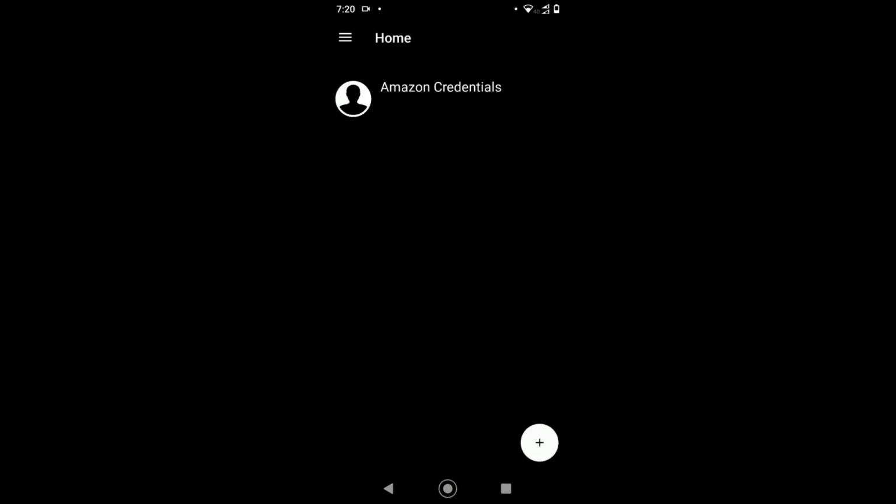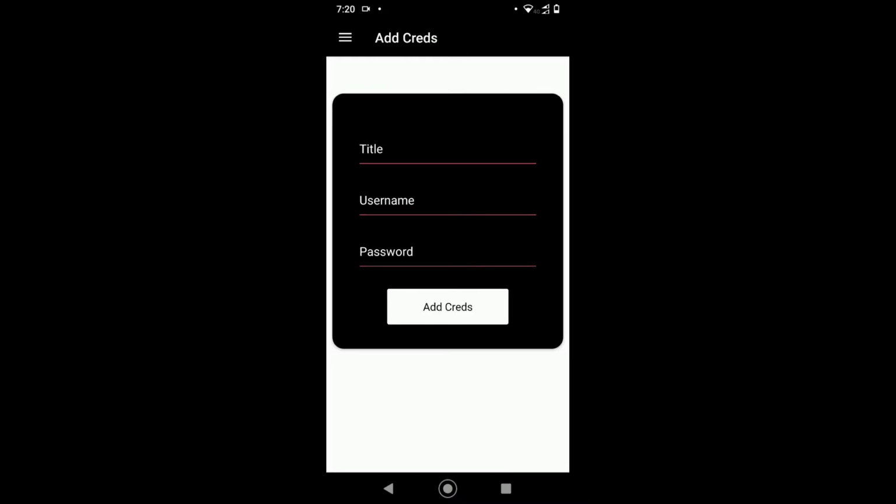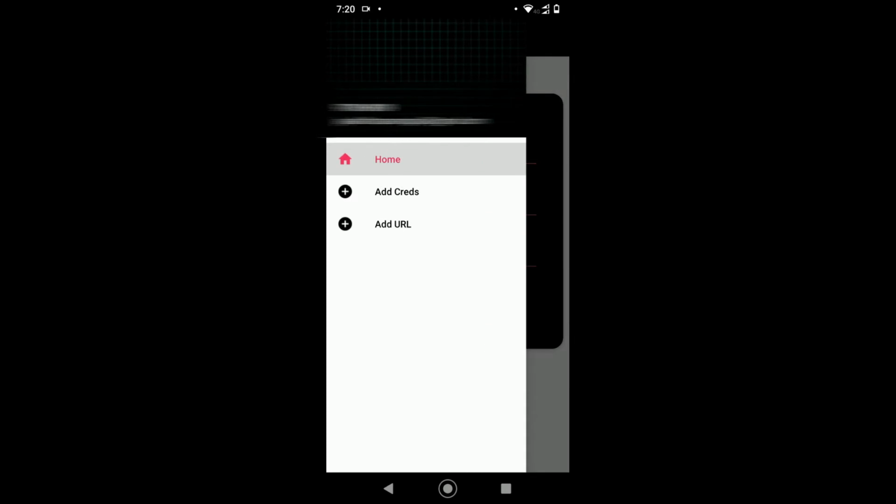So this is about adding credentials, and now coming to URLs, just click on the plus button and you can add your URL also. If you have any important URLs, like any drives, or if you found any important information on the web, you need to save the URLs.